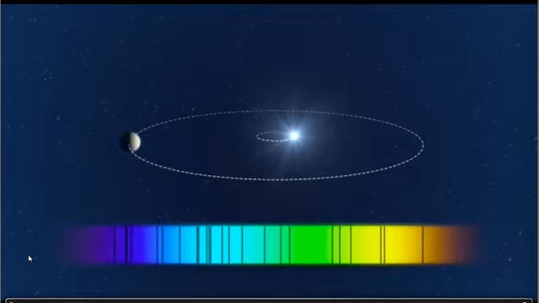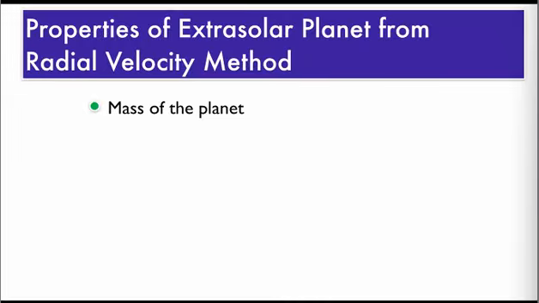If the planet is far away, then the planet is going to take a lot of time to go around the center of mass of the star-planet system. So correspondingly, the wobbling of the star will also be of longer duration. So the shift in spectral lines is also going to take a longer duration. So just by measuring this Doppler effect for the light that is coming from the star, astronomers, through this radial velocity method, can determine